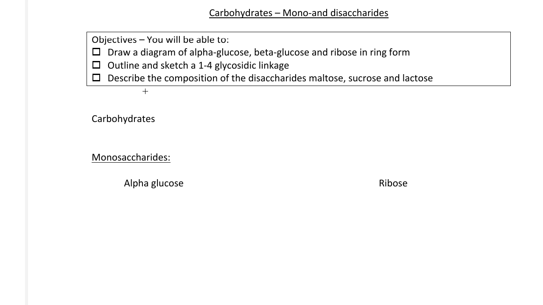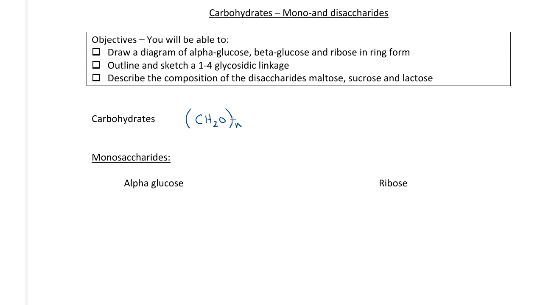This lesson is the first of several on biological macromolecules, and here we'll start looking at carbohydrates by looking at mono and disaccharides, and in a future lesson we'll look at polysaccharides. Here are your objectives. Now, carbohydrates are molecules that have carbon, hydrogen, and oxygen, such that in general they follow